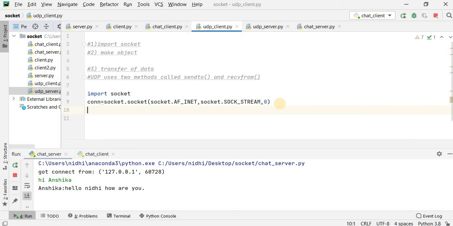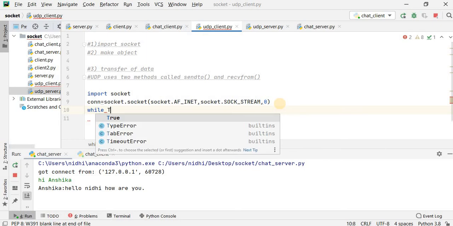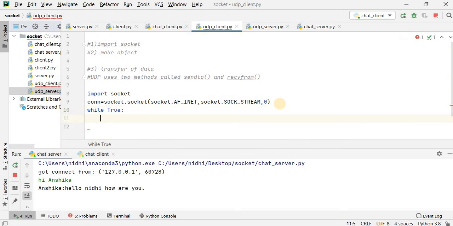Then after creating the object I can immediately send the packet. So while True means until the termination of the connection.